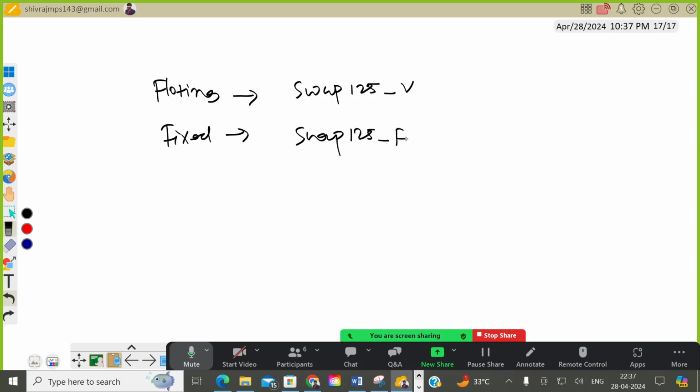So F and V both are now legs. So for the variable, the amount we have is 10,000 and the fixed amount which we have is 12,000. The difference of this one will be received as a